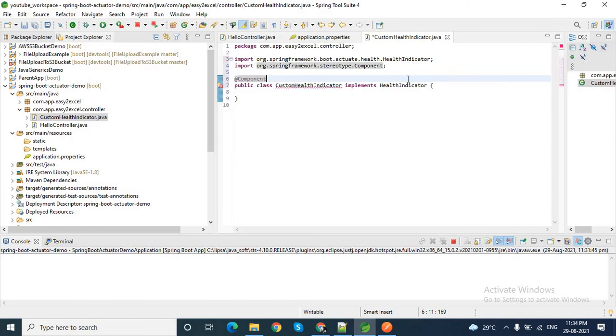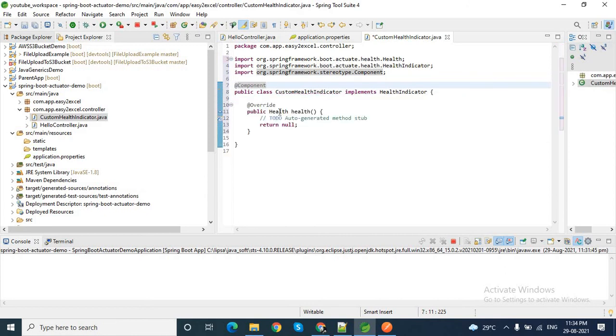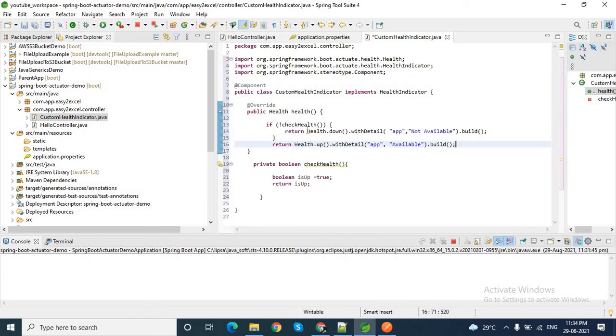Now you need to override the method of this HealthIndicator interface. So just add the implemented method. Health will return us the health of this application. Now we will write our own custom logic to return our own health statistics. I just created a private method checkHealth. I give a boolean value isOk of true and return that.